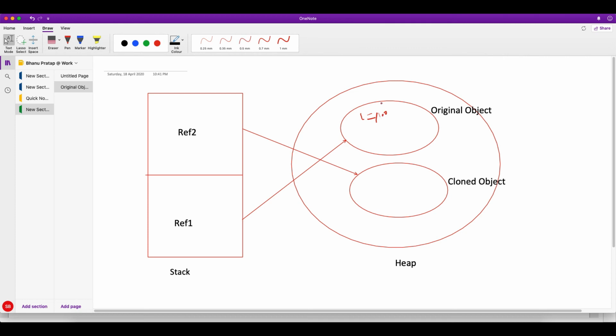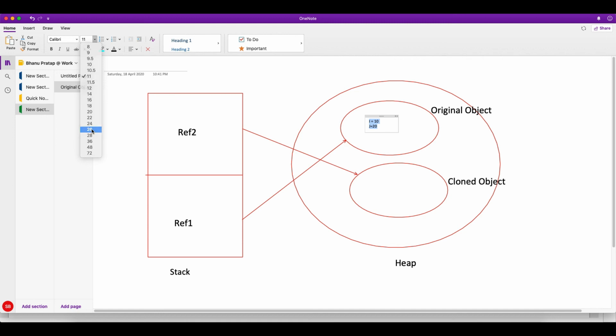So here in the original object you have i is equal to 10, and j is equal to, let's say, 20. This is just an example. When you do a clone, this object will also get i is equal to 10 and j is equal to 20.